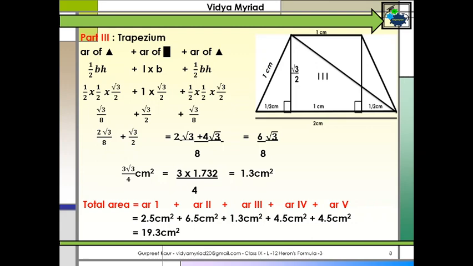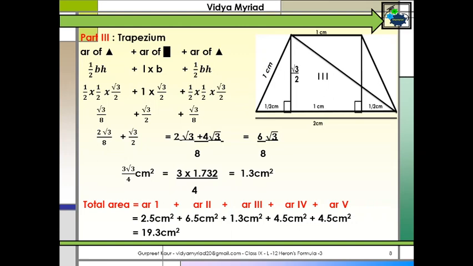See, now area of trapezium will be area of triangle, area of rectangle and area of triangle, which means the formula for triangle is half base into height, rectangle is length into breadth, and again the third part will be half base into height. I know what is base in my triangle, half. I know what is my height, root 3 by 2. Okay, both the triangles will have same dimensions, and in the case of rectangle it will be 1 into root 3 by 2. When I try to solve it, take the LCM, it comes to 6 root 3 upon 8,